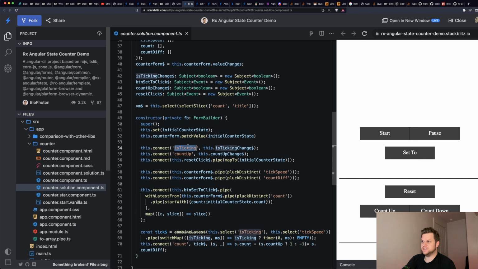This is faster to get started up front because isTicking, that's an object property. And by default, it's got set isTicking as a reaction, as a state change. So that is faster. Less code. But still, either way,